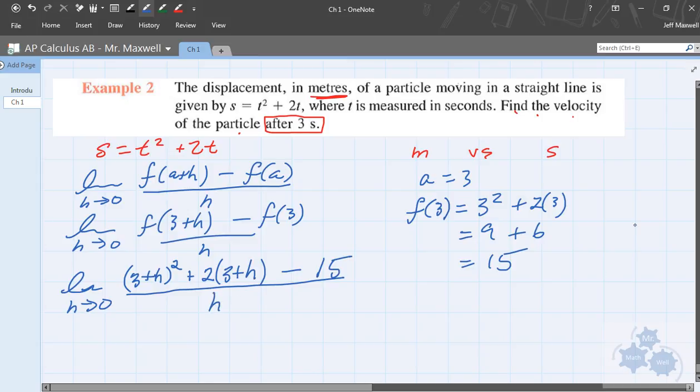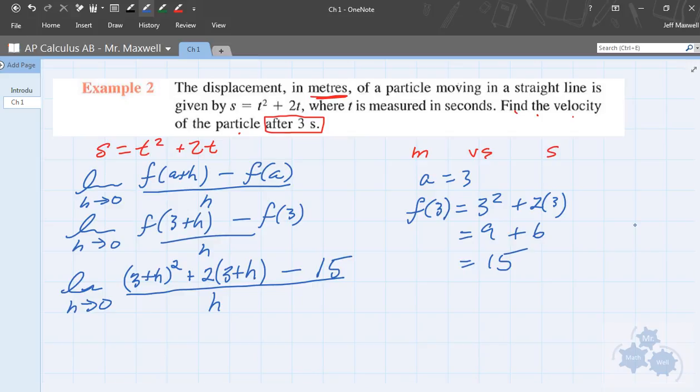over h. Now, if you have to just sit and look at that, I understand. Just sit and look at that and make sure that you understand what we just did in that step, because that's a huge